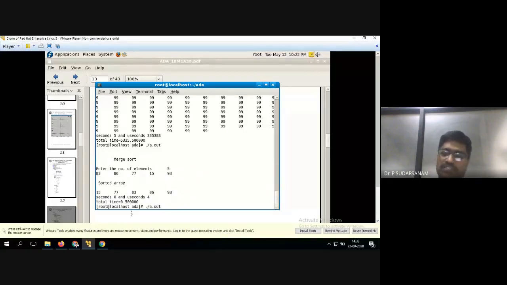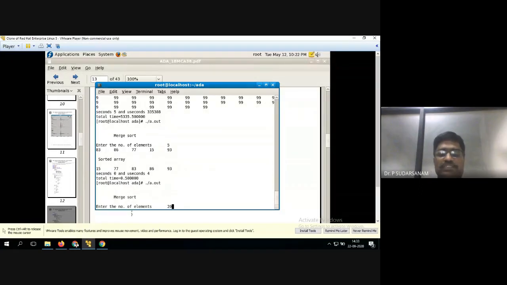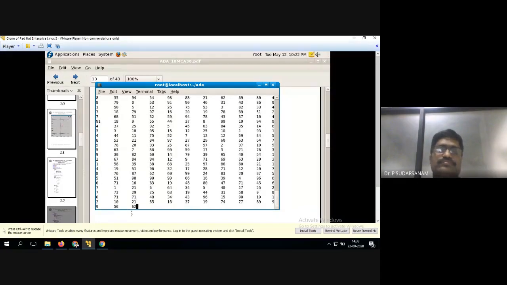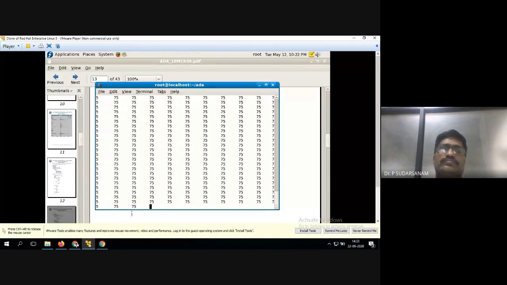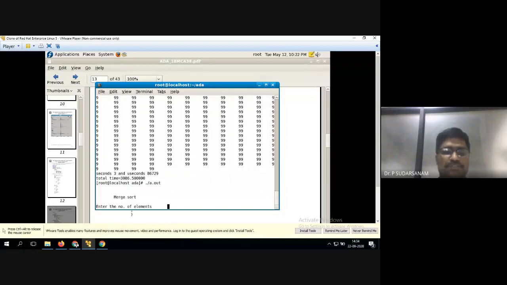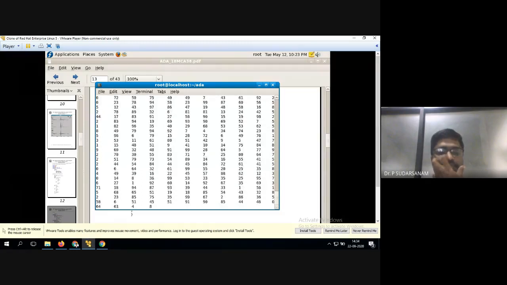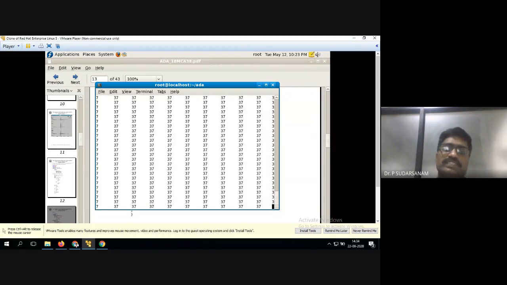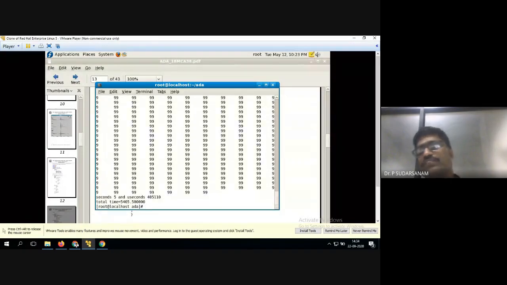See, now suppose I enter some 2 lakhs. Yes, you got some time. Suppose now 3086. If I give a bigger number, 3086 was the previous element. Now see, 5405, you got it. That is what you will be getting, different time complexities. So this is the way of calculating. If you have any doubt, please let me know.